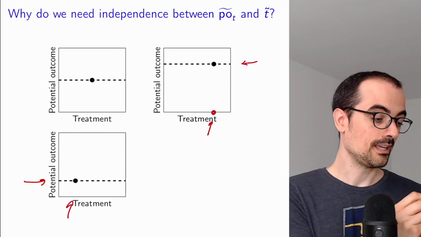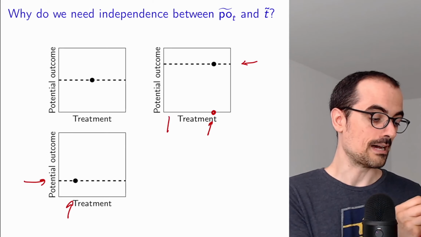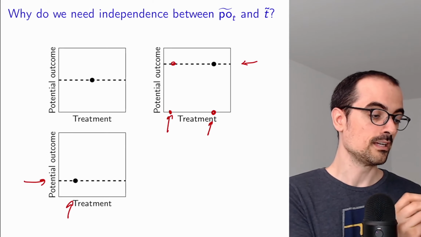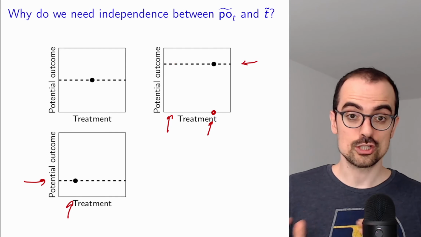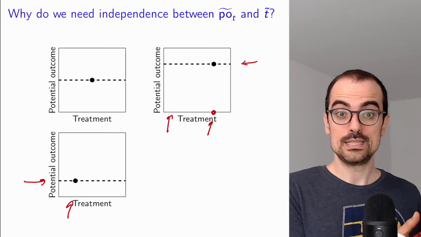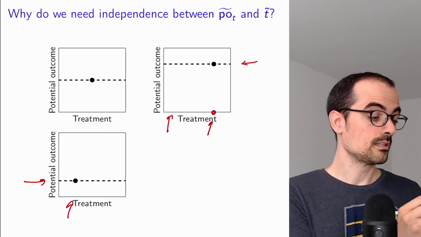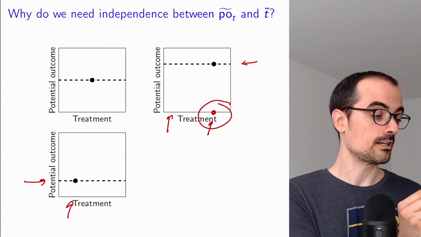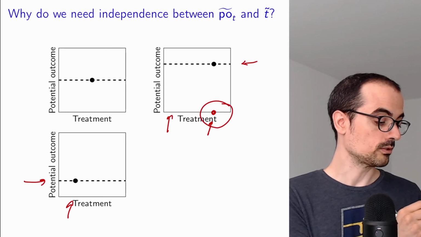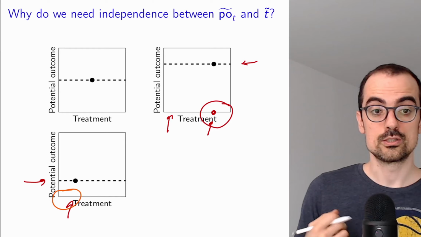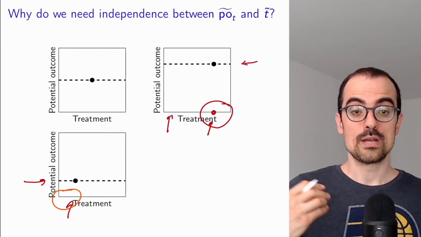Notice that here we could easily have applied this treatment and we would have obtained the same outcome, because for this example, the potential outcome does not depend on the treatment. But because we did this, for large potential outcomes, we chose large treatments, and for small potential outcomes, we chose small treatments. We have induced